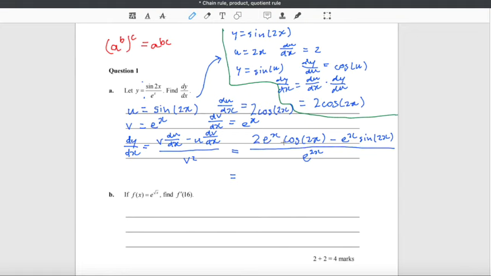Well, it looks to me as though we can take a factor of e to the x out from the top. So it would be e to the x times 2 cos 2x minus sine 2x, all over e to the power of 2x. Or just to make it clear, I'm going to write